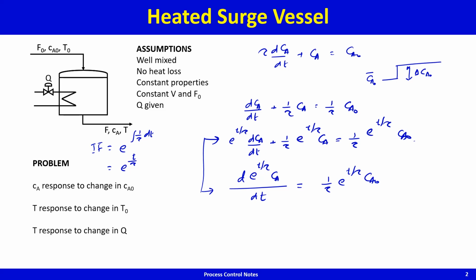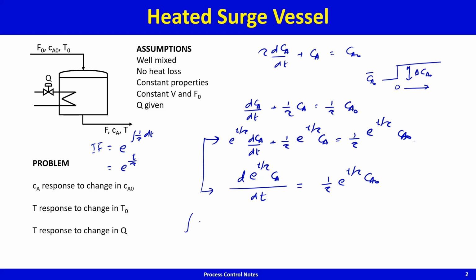Ca naught. We are going to integrate from time t equal to 0 onwards, and at time t equal to 0 is when we have given the step. If you do this, then Ca naught is a constant, and we get a very neat separation of variables. And so what you get is